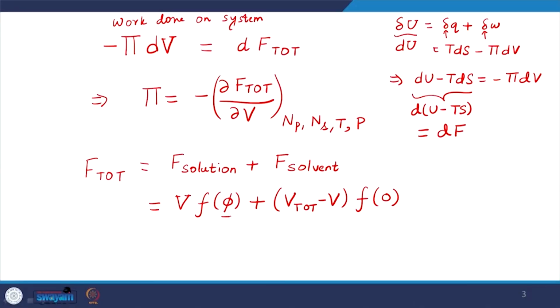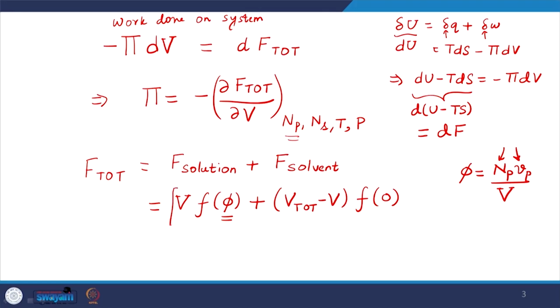So, now you should keep in mind that this phi is related to volume, Np and Vp are fixed. We are assuming constant Vp because the system is incompressible, and Np is also fixed because we have kept that fixed in the partial derivative. So, therefore,